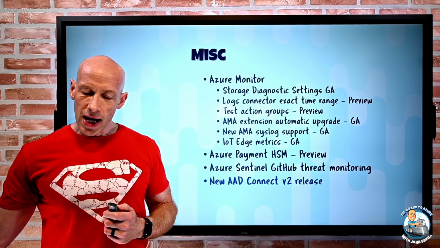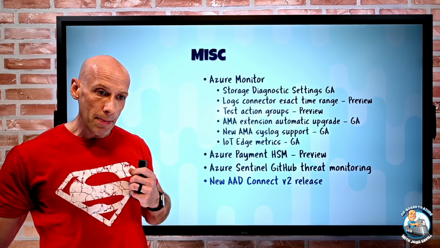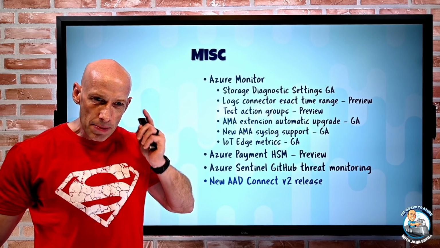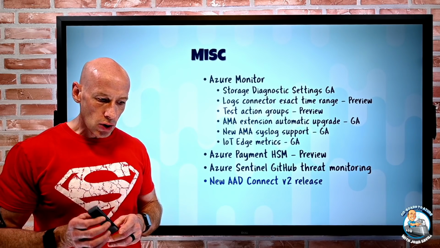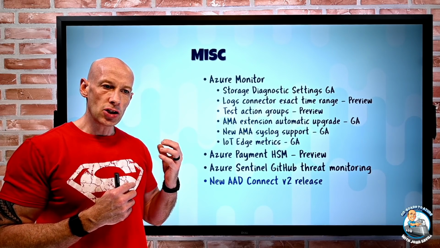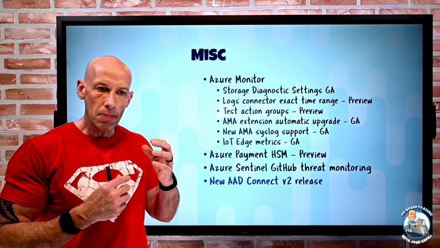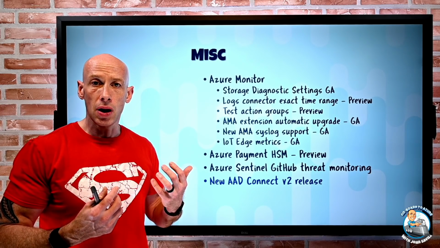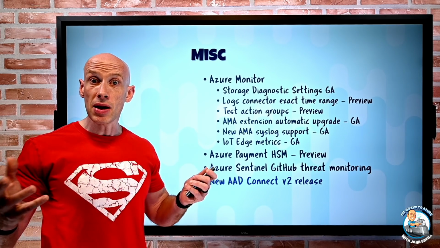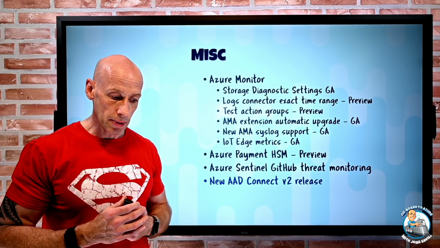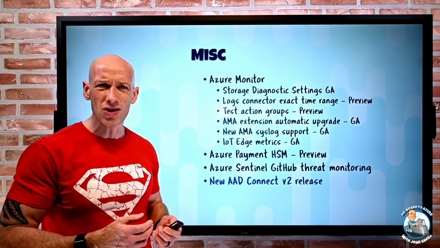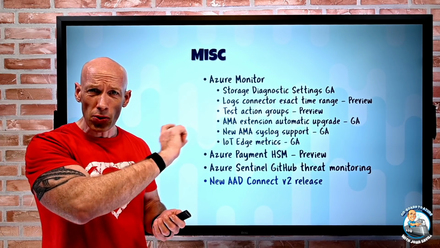There's a new Azure AAD Connect v2 release. Remember, today, Azure AAD Connect v2 is not auto-updating, so I need to keep an eye on it. This new version is 2.0.91.0. The big thing here is the Azure AAD Connect Health component is now FIPS compliant. So I can go in, I can deploy this new version, and that may be a big deal depending on your industry. If you're ever not sure what version you have, just start up the Synchronization Service Manager, do About, and it will show you your current version.